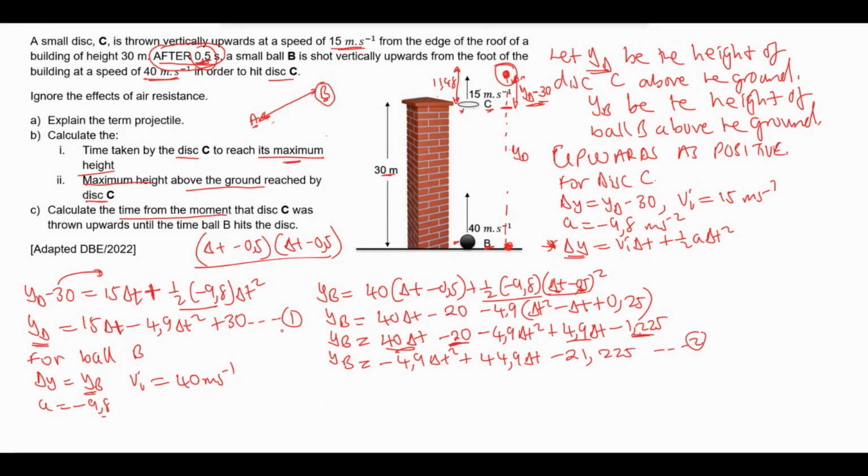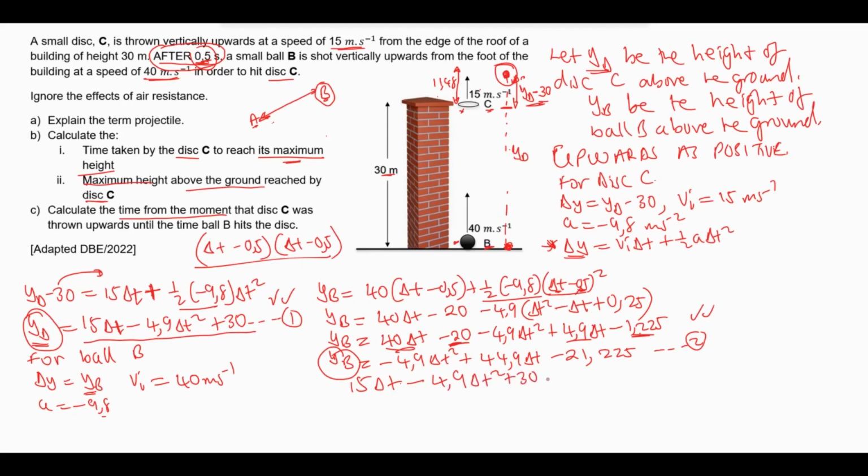Now we have equation 1 and equation 2. We can equate them because at the point where they meet, they have the same heights. So we can equate these two and say 15 delta t minus, I'm using this one, minus 4,9 delta t squared